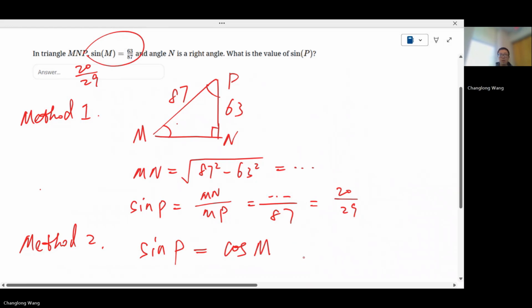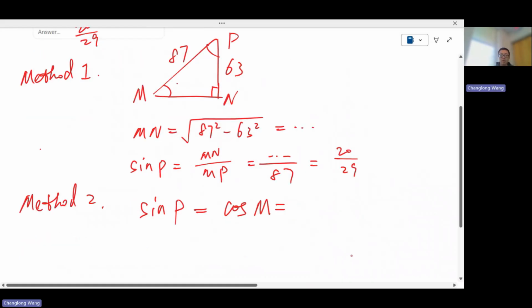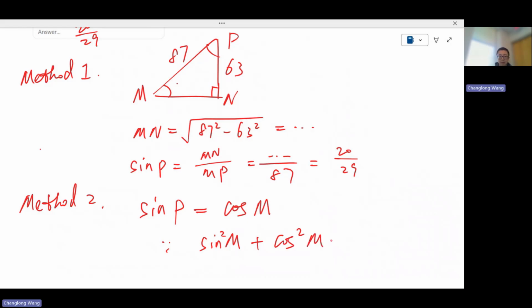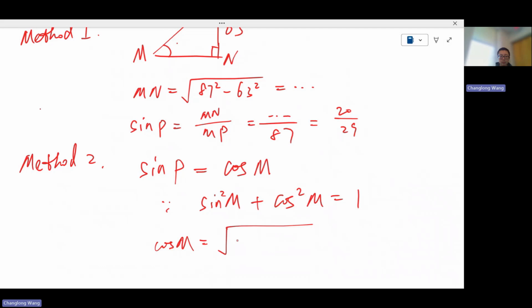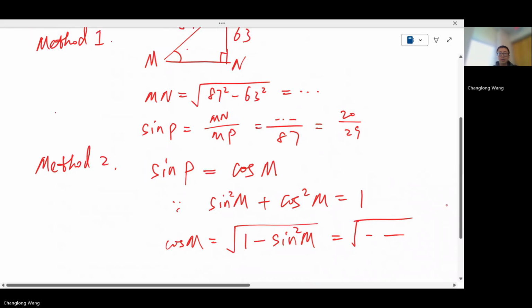How do I find cosine M? You could do that, but remember that Pythagorean identity: sine squared of any angle plus cosine squared of any angle will be 1. Therefore, cosine M must be the square root of 1 minus sine squared M. And you know what sine squared M is, plug it in, and you're going to get the same answer. So now,